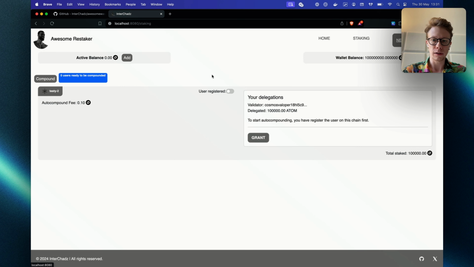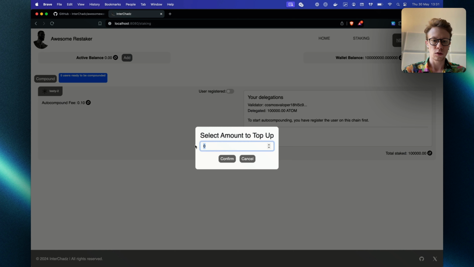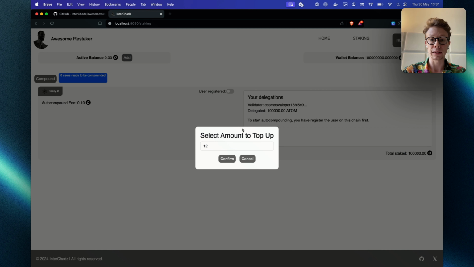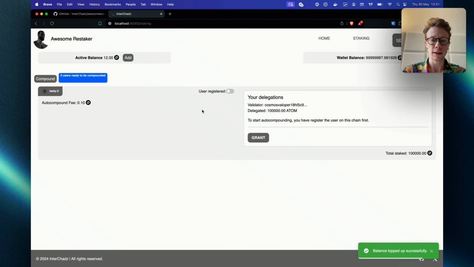So I'm signed in here, fresh user. The UX needs a bit of cleaning up, but we're topping up the balance the user has, that will pay for the fees and so on. In this case, we're going to start by registering.